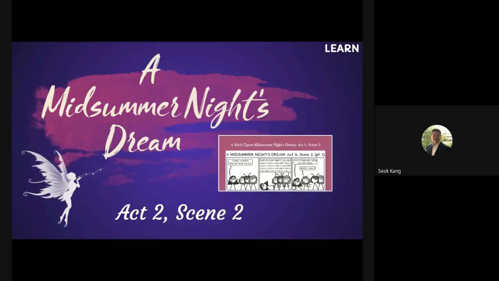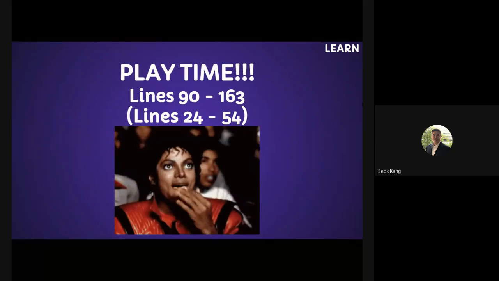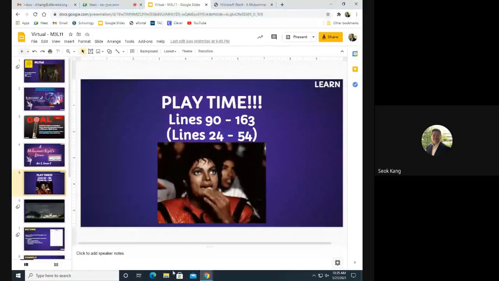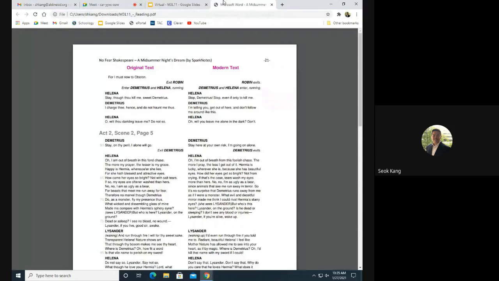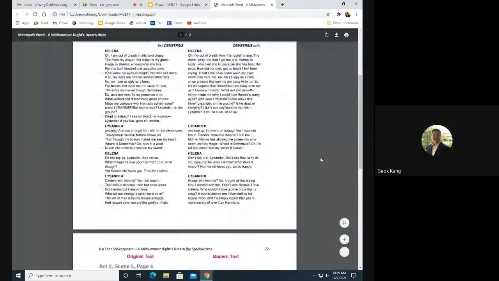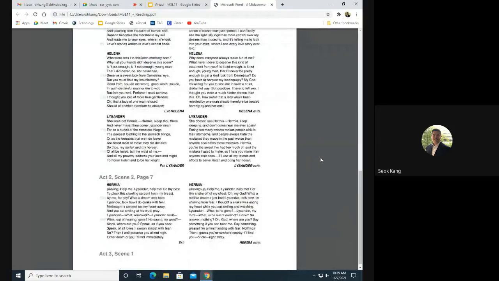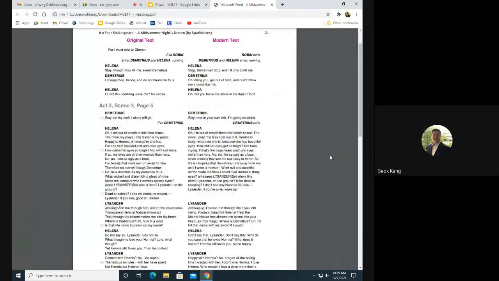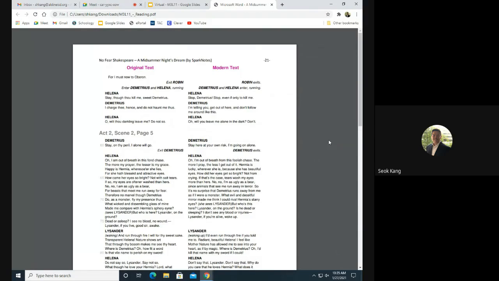So what we're going to do is Act 2, Scene 2, specifically lines 24 to 54 of the reading handout, or lines 90 through 163 of the book, if you have the book, because I know a couple of you went and picked it up. The reading handout is also found in today's folder, 127. It's basically just these 2 pages, right? Oh, here we go. So, last lesson, who watched the lesson video from yesterday? It's fine if you didn't. You can just go back and watch it for free time. Anyone watch that lesson video?